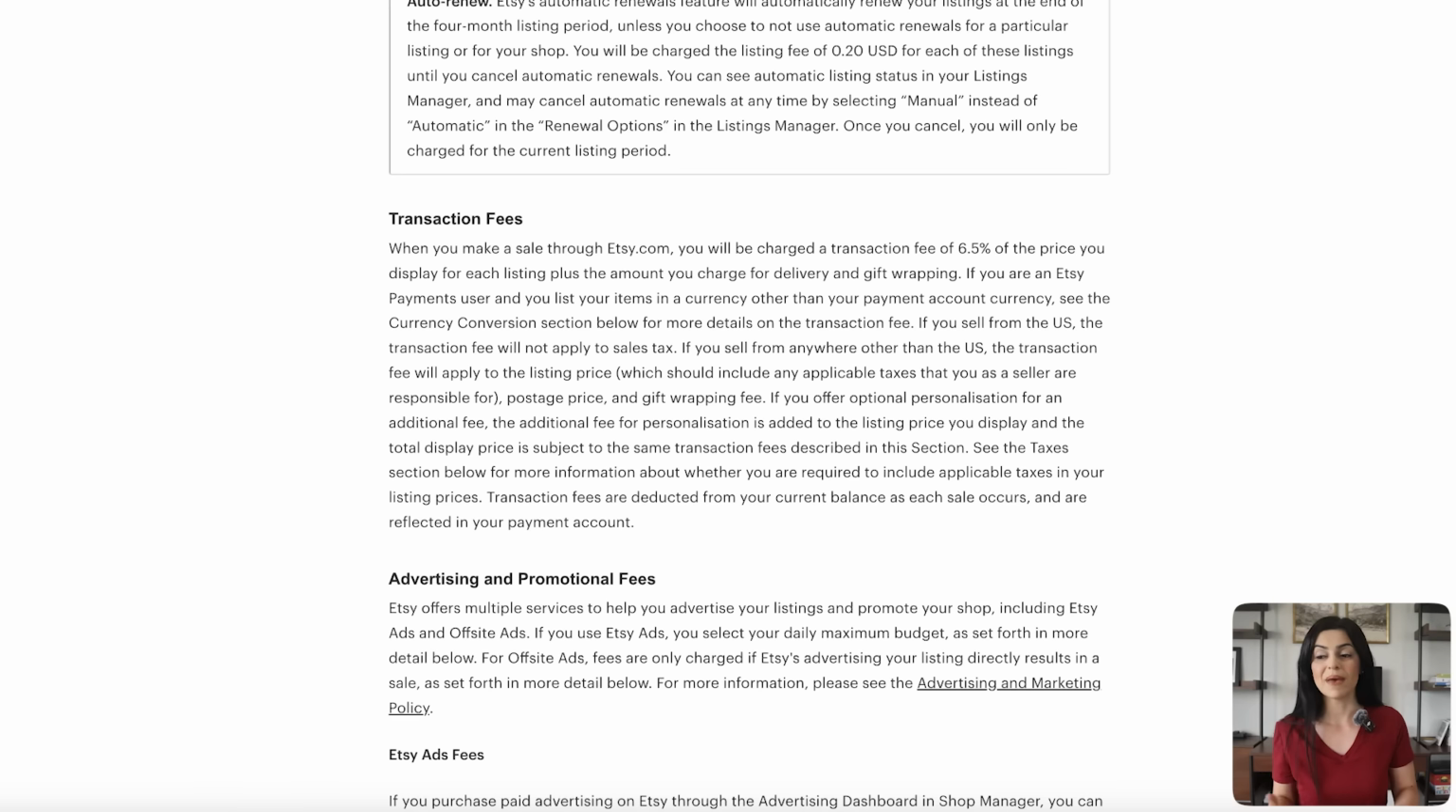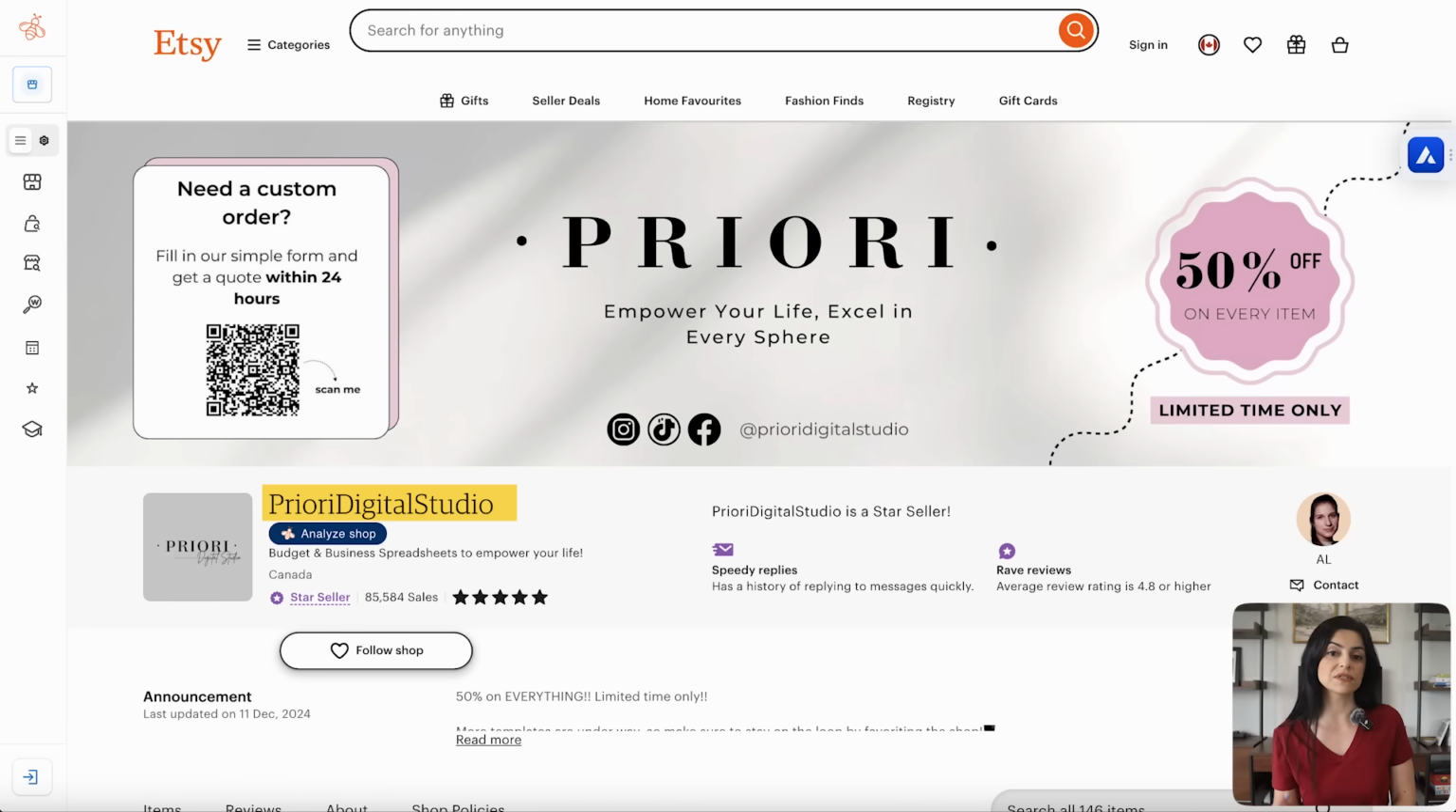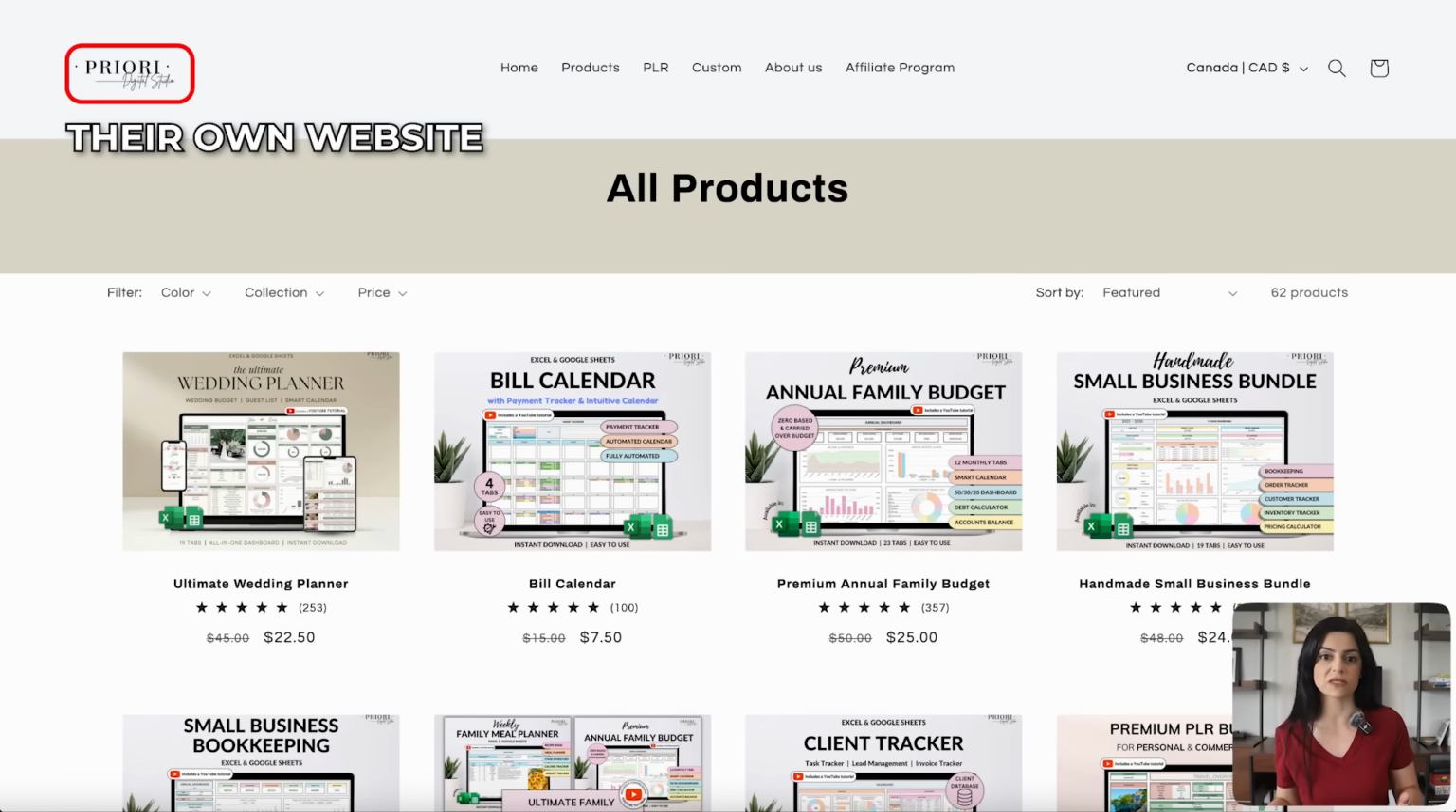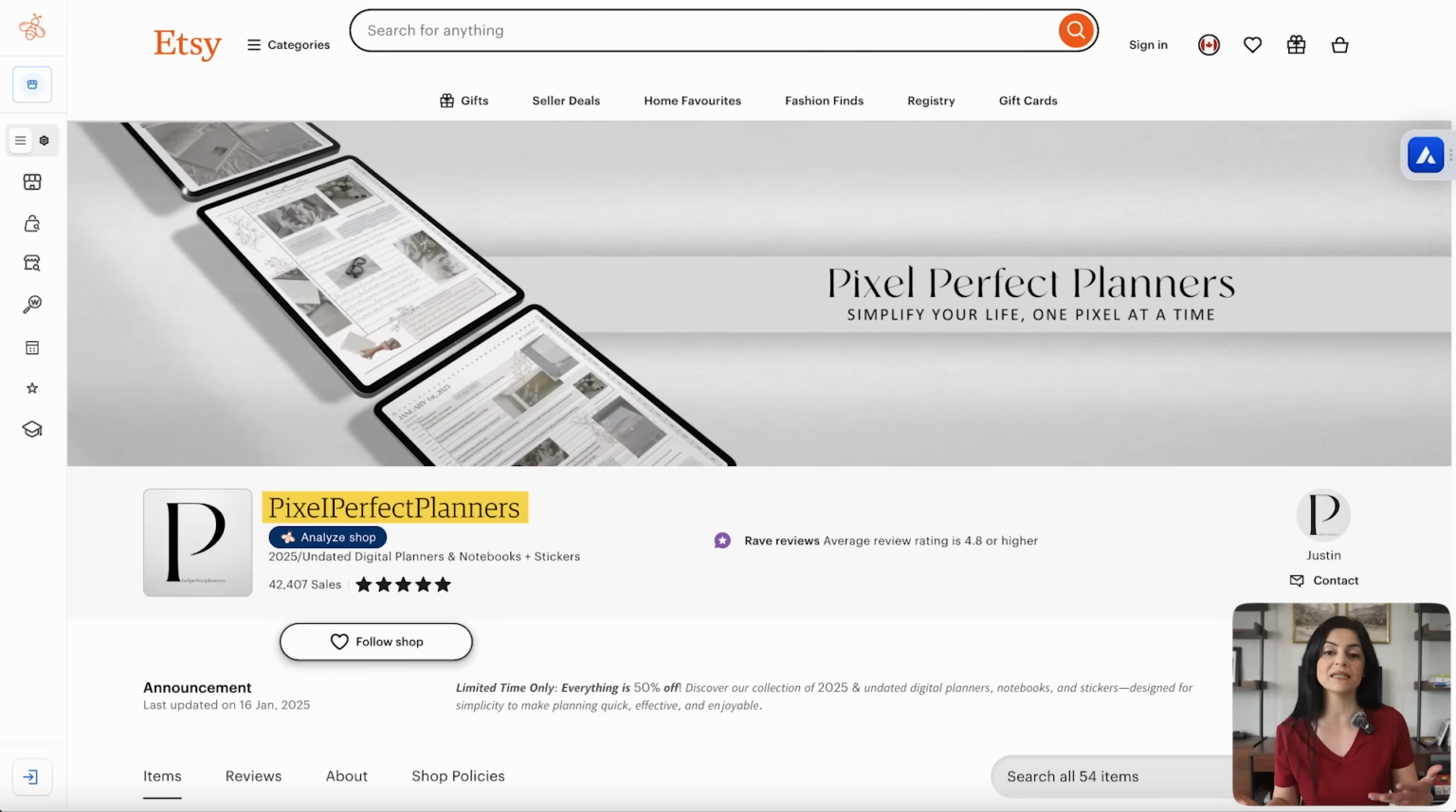Although you can upload your PDF document onto Etsy, many people have expressed that the transaction fees have gotten quite high. And I do agree, especially if you're creating a whole shop of templates and you'll be making multiple sales a day. Those fees will add up really quickly. That's why some of the most successful sellers have their own websites where they sell their templates and digital products